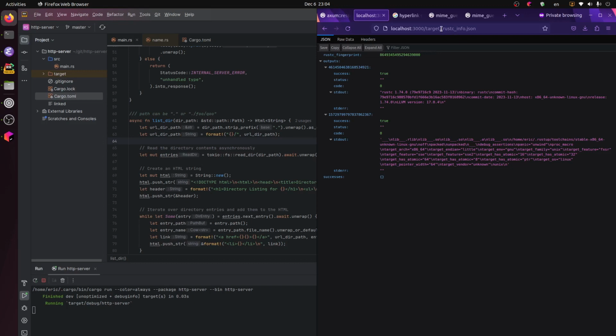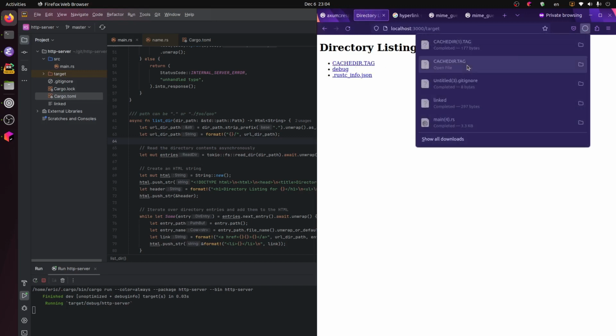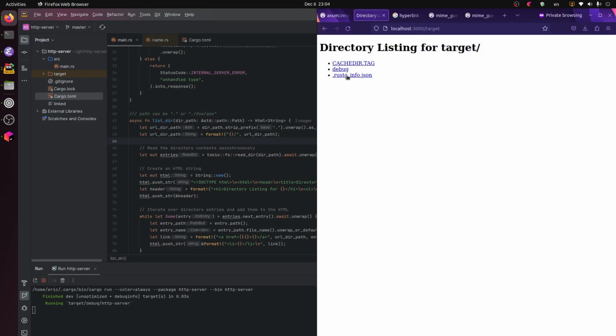Okay, now you can see the path is correctly formulated, and I even noticed that the JSON is very nicely formatted by the browser. Let's test more cases. Target is fine. This is a file. Okay, if it is a file, it's downloaded directly. And